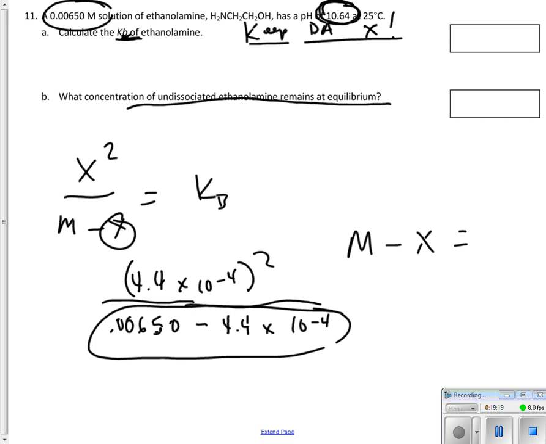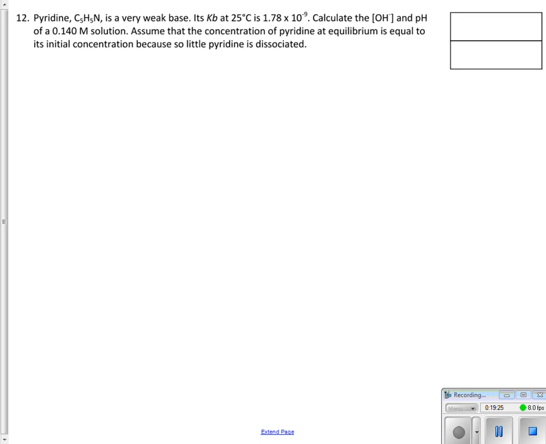Next one. If you look right here, number 12, let's see what they're doing on this one. They're asking me to calculate OH minus and pH. Notice how they give me Kb. So ultimately, I know I'm going to have X squared over molarity is equal to Kb. If I wanted to do the generic version, or let's say I'll just do this,